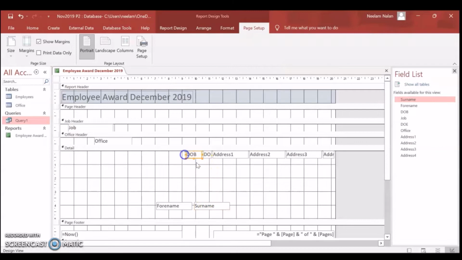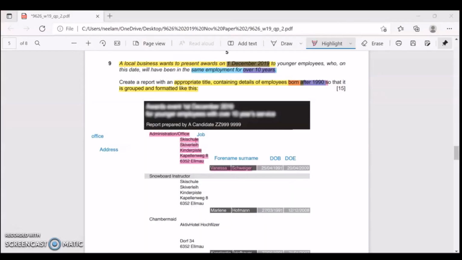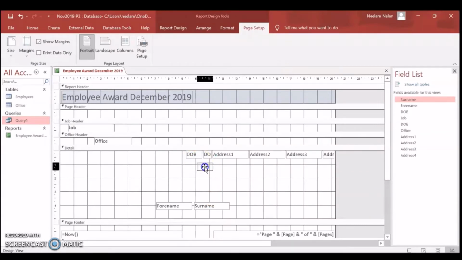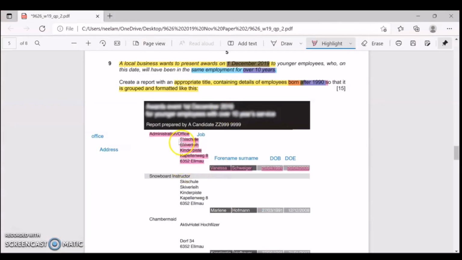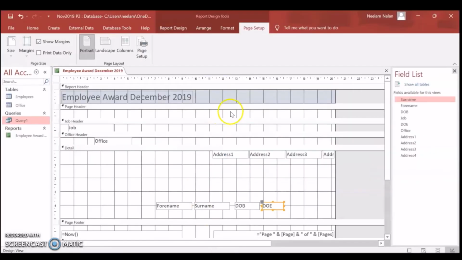That makes the work faster. Next is DOB, then is DOE. So let's adjust DOB. And then are the addresses which should be aligned below the office.